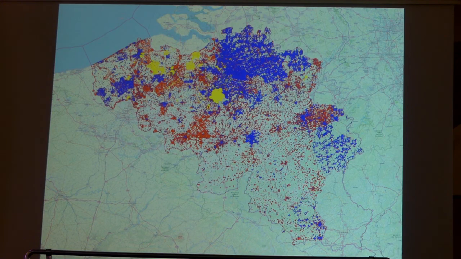The red is just people drawing houses, not adding any address information. So these are people who just enjoy drawing houses. The blue is mostly one guy who lives somewhere in Antwerp who likes to draw houses, but also copies the addresses, for which we're really grateful. Most of the yellow you see outside of Brussels is fairly recent. So we've only really started importing buildings for the last 3 or 4 months.